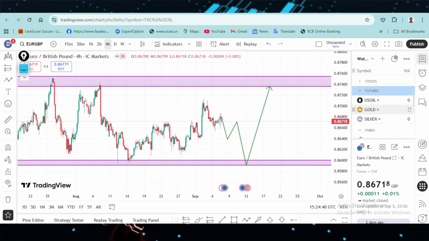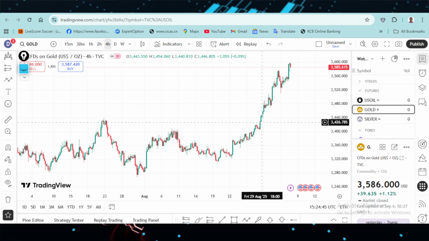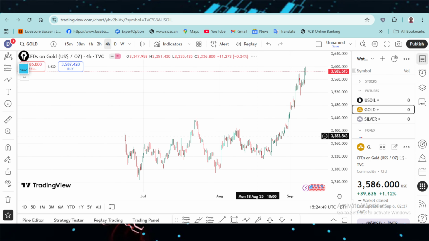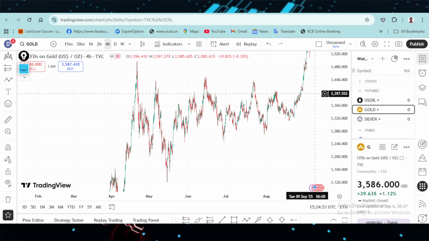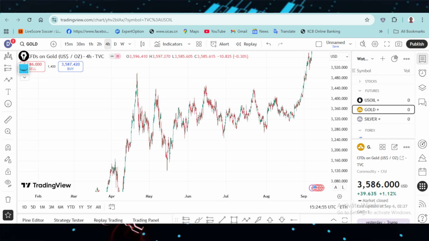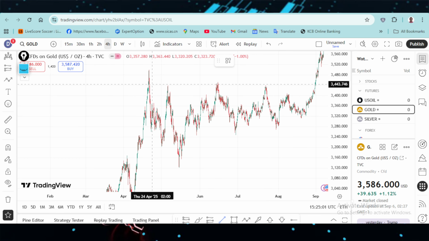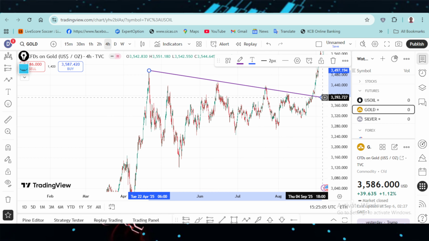We have the gold. Gold has really moved very highly to the upside. This one had not happened for a very long time. Last time we talked, I told you that the market has to break outside of this triangle that was 6 months old, and successfully it broke outside